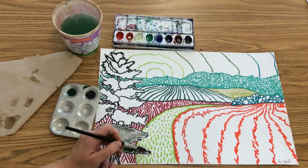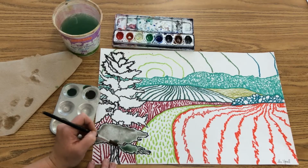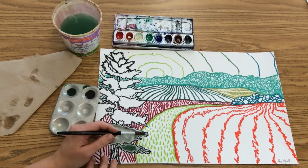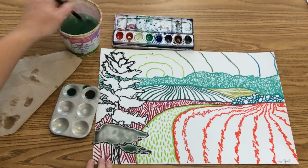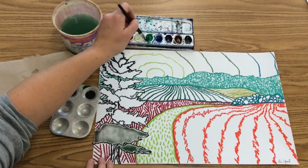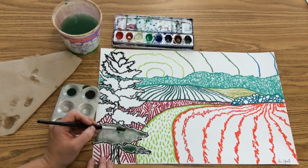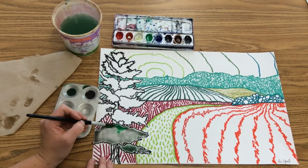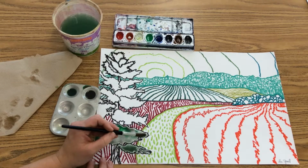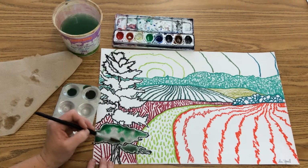That doesn't necessarily mean it's bad. If it bothers you, that can easily be fixed, but if it doesn't, and I almost kind of like how the color is a little bit blotchy, so here I'm going to do it on purpose. And I'm even going to take some green right out of the container and add that to it. I don't want it to be completely green, but it makes it a little bit more interesting to look at. Okay,